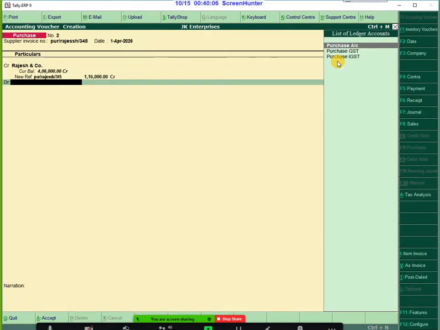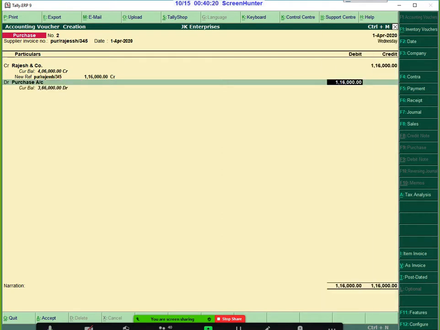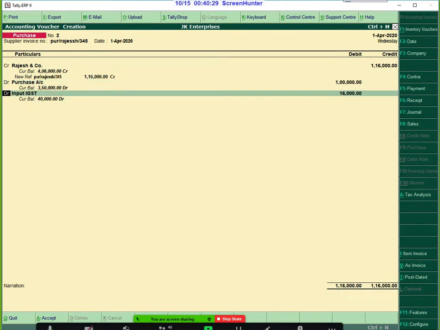Debit goes to purchase account. Simply after pressing P, the list appears at your right hand side at the top. Select the purchase account, debit for 1 lakh, and input IGST,